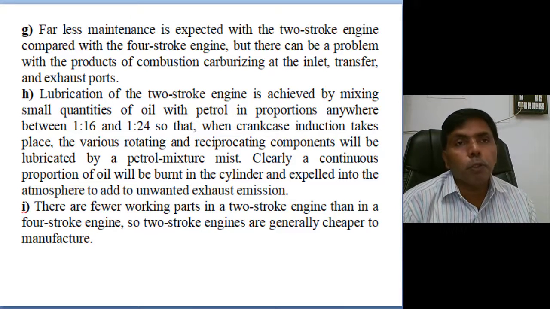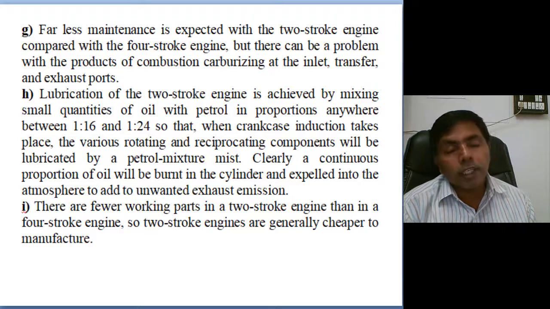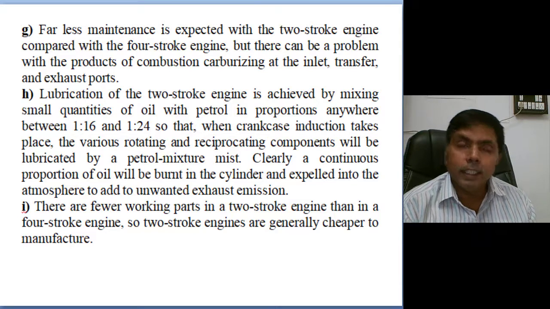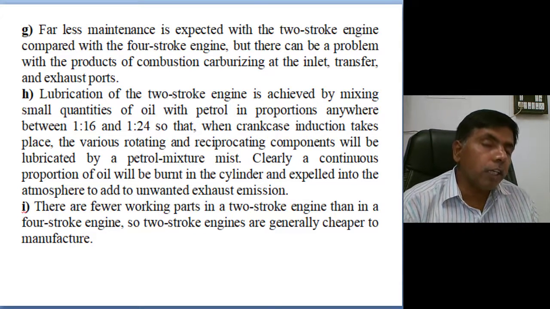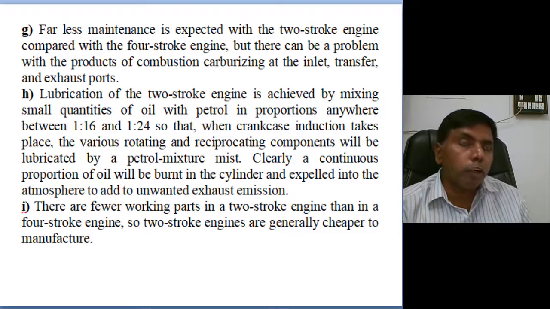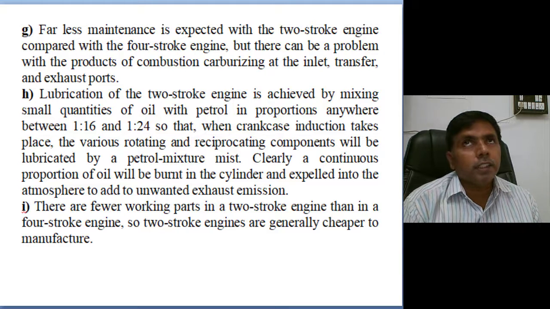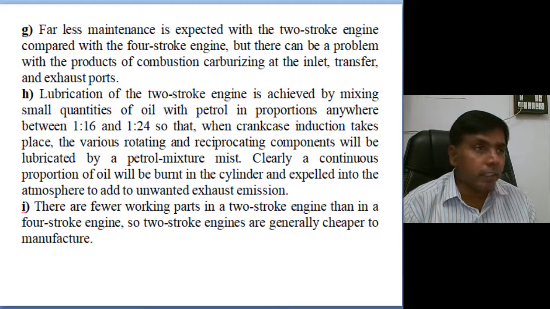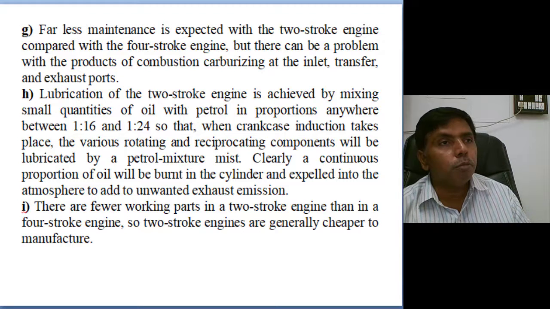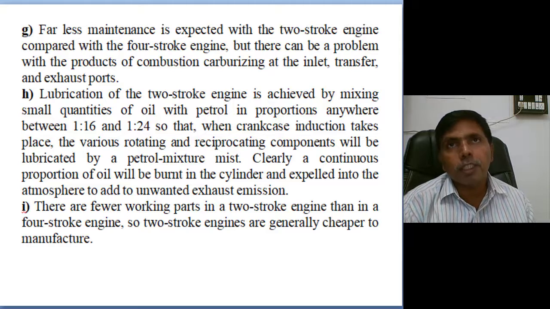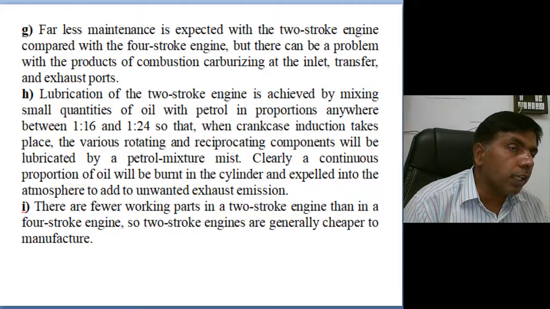First we discussed petrol engines: the two-stroke spark ignition engine and the four-stroke spark ignition engine. Generally the two-stroke spark ignition engine is called the Clerk engine. It operates on the Otto cycle only. Clerk developed it two years after the development of the four-stroke engine. He developed it in 1878. In 1876 the four-stroke engine came, proposed by Nicholas Otto. So both operate on the same cycle, but the strokes are completed in one revolution of the crankshaft for a two-stroke, and two revolutions of the crankshaft for a four-stroke.